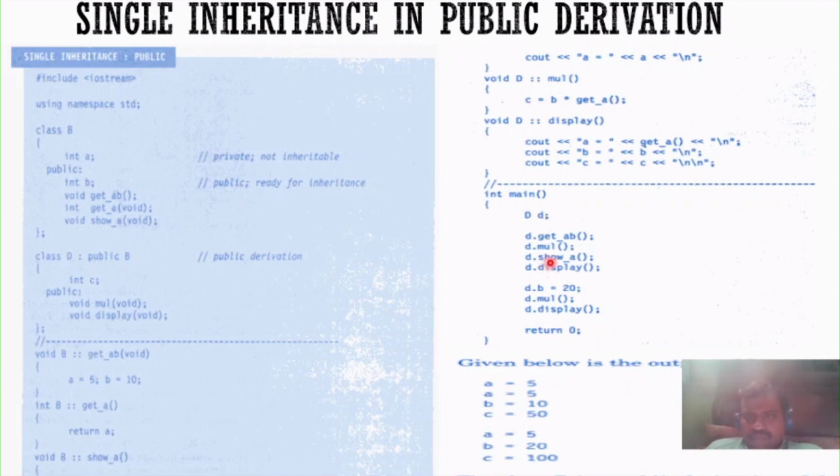Now show A. First it is going to display the content of A. A is equal to 5. Now in the display function it is going to display A, B, C. What is the content? A is equal to 5, B is equal to 10 and C is equal to 50. Got it? Next we are going to access this one. In the base class we have one public member called int B. This can be accessible since in private derivation it is going to become a